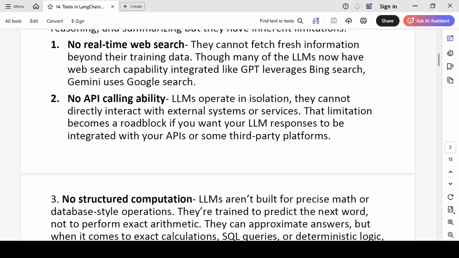That means no third party or external system access. That becomes quite a big roadblock if you want your LLM to be integrated with your APIs that in turn may call a database or some other services. All that you can't do with an LLM.